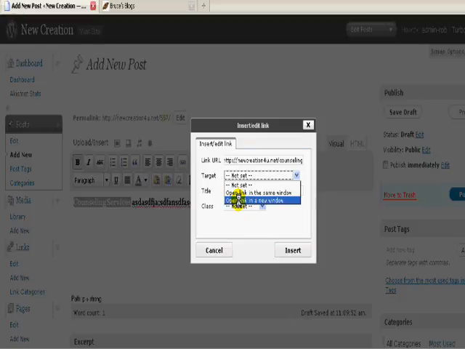Or if you're opening up a link to another web page, for instance, say you're writing something about an article that you saw in the San Antonio Press, whatever the newspaper is there in San Antonio. You would link that to the San Antonio newspaper article, but then you would open it up in a new window. So when you say, I was just recently reading an article from the online version of the San Antonio newspaper, you click the link, and you could hyperlink that whole word or whole phrase,